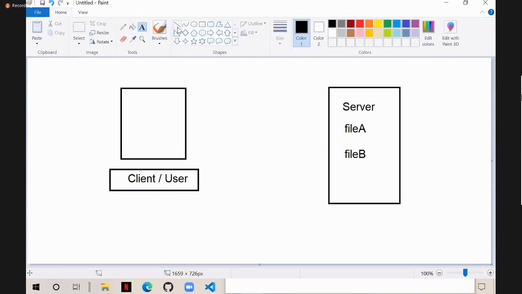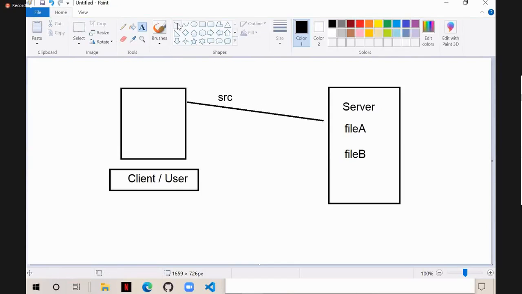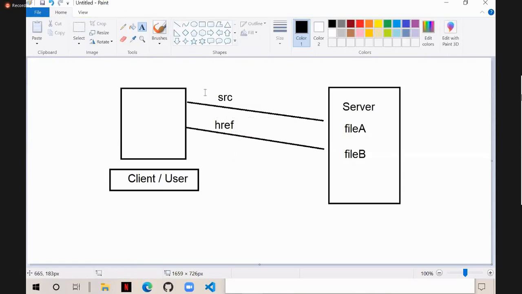Now the user is requesting these files. For requesting the files, he is using src for the first file, and for the second file, he is using href. Now src means it will connect to that particular file, and it will present that file